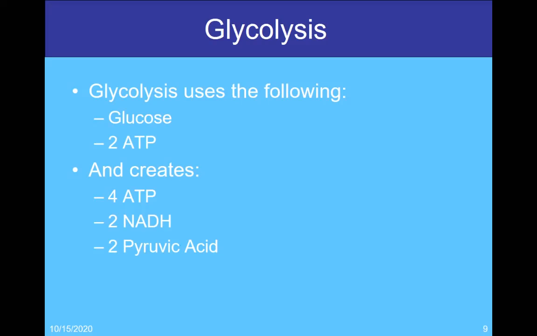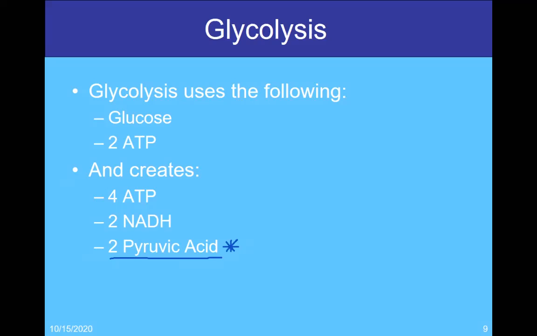Okay. So I want to highlight this particular molecule right here, this pyruvic acid. And the reason is this is a very important intermediate. We break down the glucose, and this is the one that's going to determine whether we complete cellular respiration or whether we stay in the cytoplasm and complete fermentation.